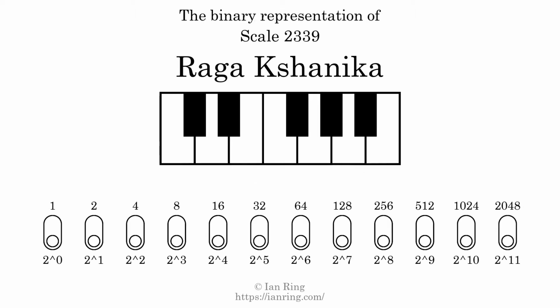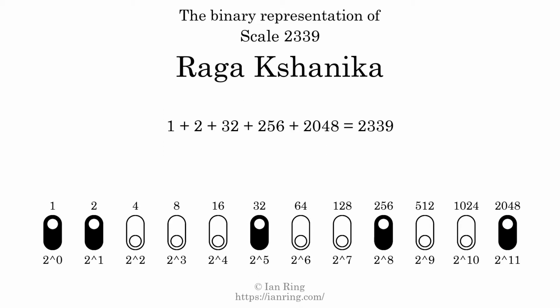The binary representation of this scale is determined by mapping tones of the scale to binary digits. Each binary digit represents a power of 2. To get the scale number, we add the powers of 2 together. The powers of 2 that are present in the scale, all added together, equals 2339. That is why the scale number, in decimal, is